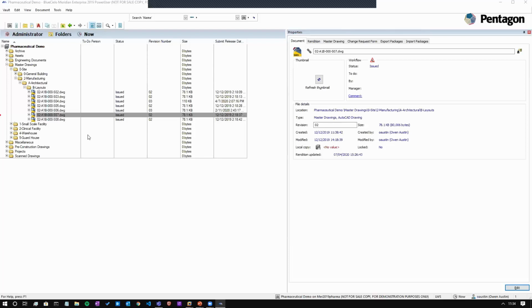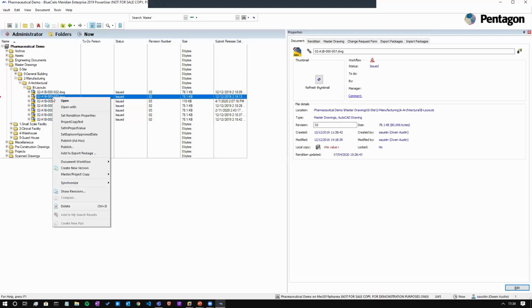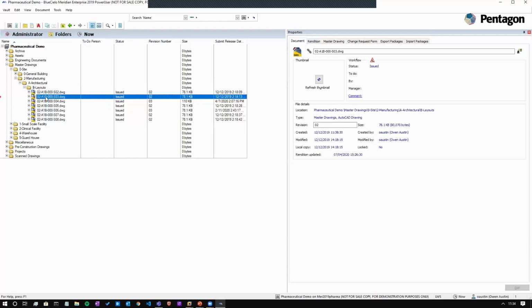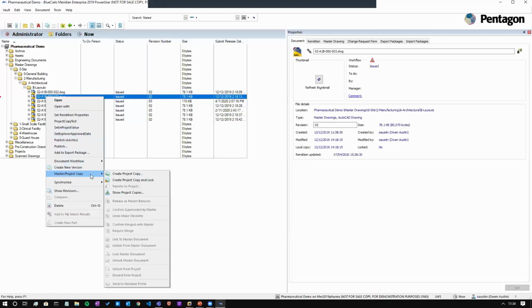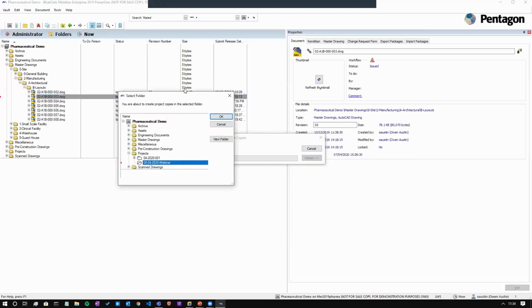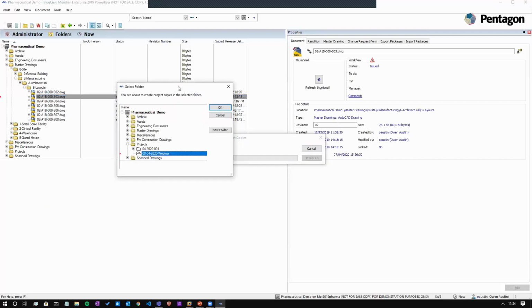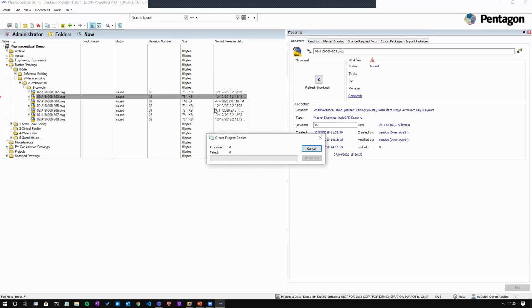So in order to create a project copy from Meridian, the guys would simply have to find the master drawing that they want to be changed, right click on it, come down to master/project copy, and then click on create project copy. That automatically brings up the dialog to select the folder that they want to add the project copy to. So I've just created this project folder here for this webinar. So if I select OK,